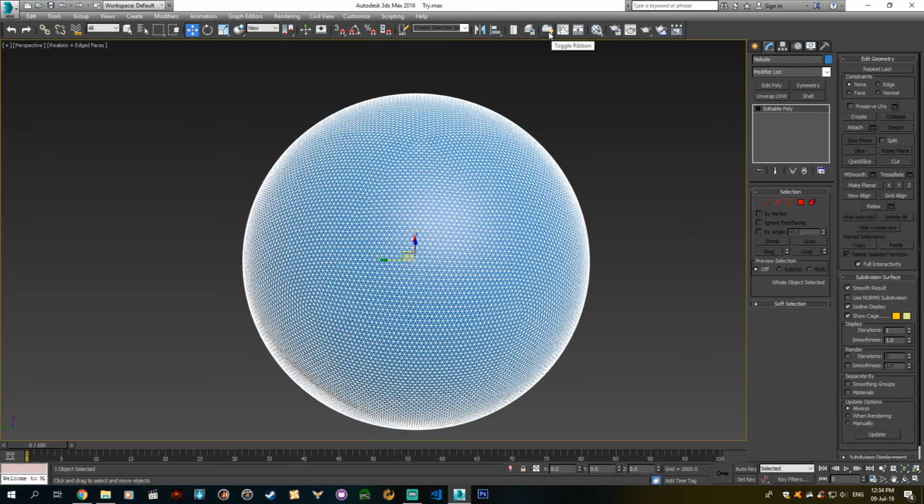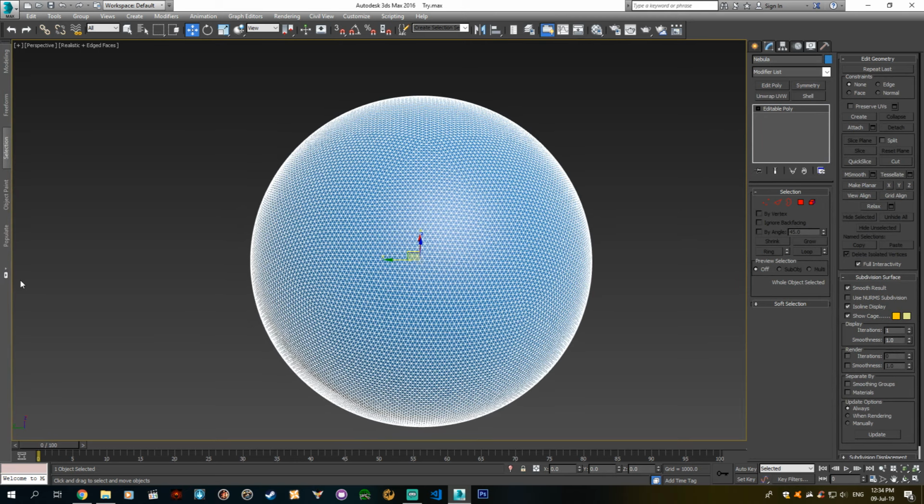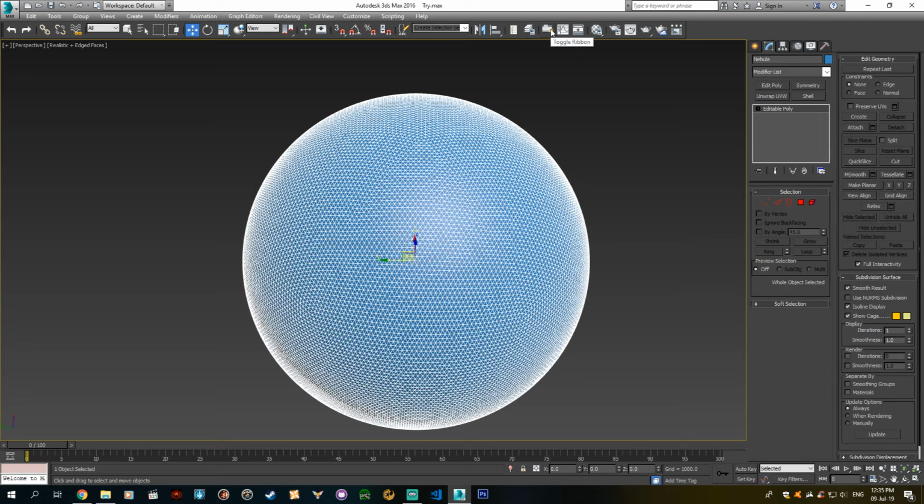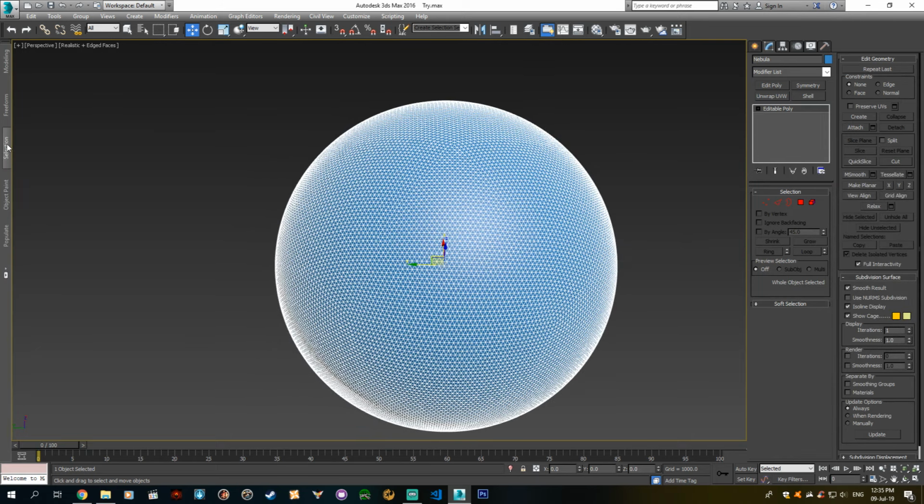First, you want to click on toggle ribbon, which will give you either up here or down here. If it's up here, you can simply take it and then put it down here. Thankfully, the interface is fairly customizable. You can also go to, I think it is customize, show UI, and then show ribbon if you don't have this particular button. Now, in here, there is a thing called selection, which you can click on it and